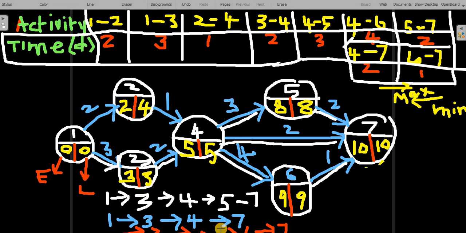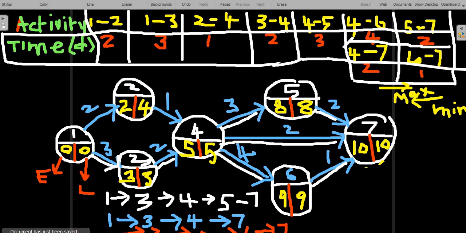But which is the best path? That is the question here. The best path is one which has the maximum number of days, the maximum length. That's called the best critical path. So let us find the best critical path here. If you take the first one, 1 to 3, 3 to 4, here 3 days, 5 days, then 3 days, 5 plus 3, 8 days, from here to here 2 days, 10 days. So 10 days is the time taken by this particular path.